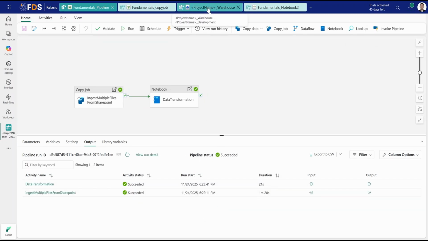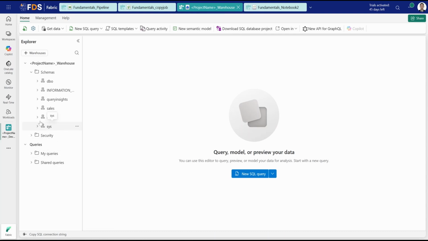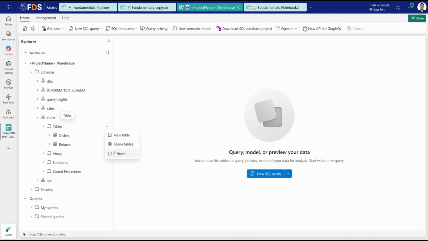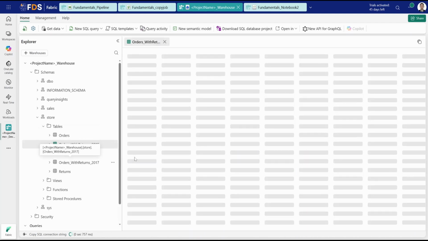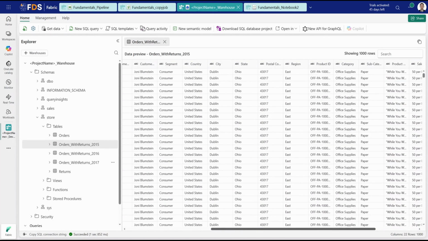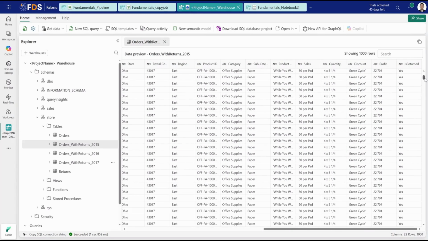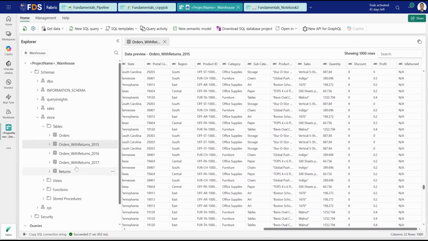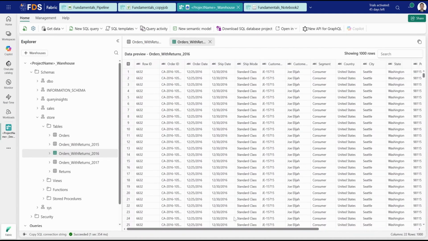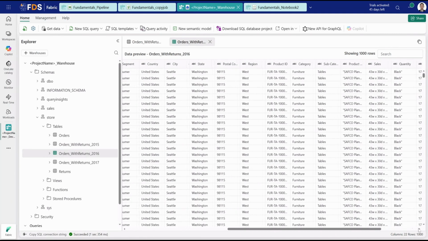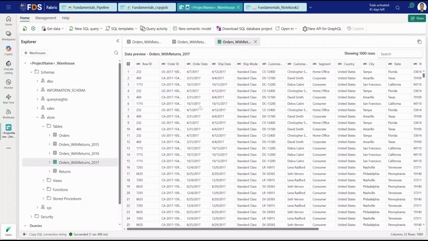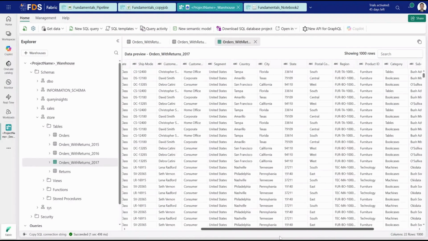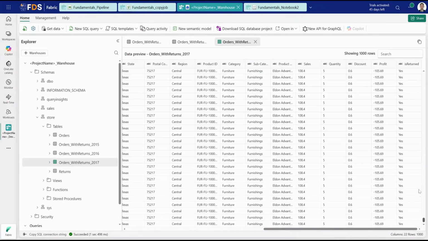Once execution completes, refresh the warehouse and validate that the transformed tables have been created under the store schema. Select each table to confirm the data and ensure the return logic has been applied correctly. This completes the demonstration of a pipeline that ingests multiple files and performs automated data transformation using a notebook in